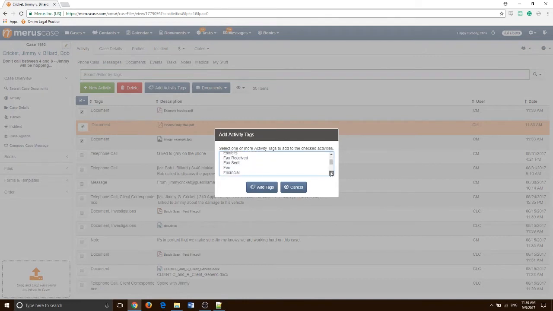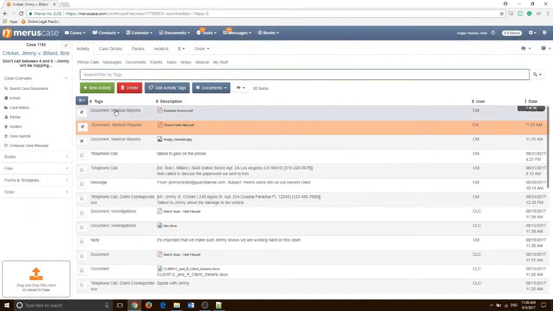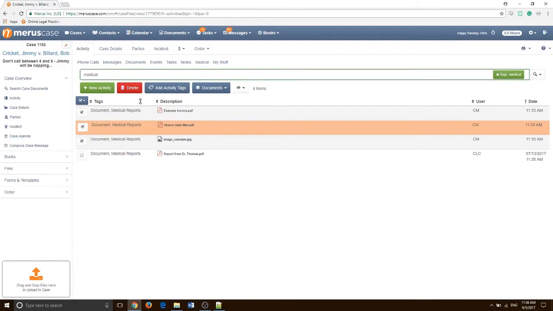In this case, let's choose Medical Reports. Once I choose that tag, I can click Add Tags, and we'll see now all three documents are tagged as Document, Medical Reports, which means if I search in this search bar for medical, those documents will appear in the